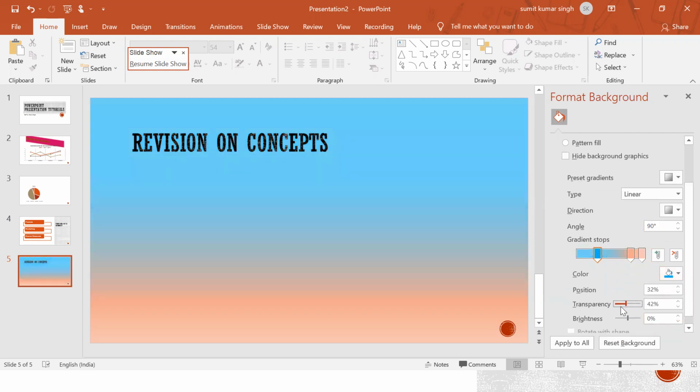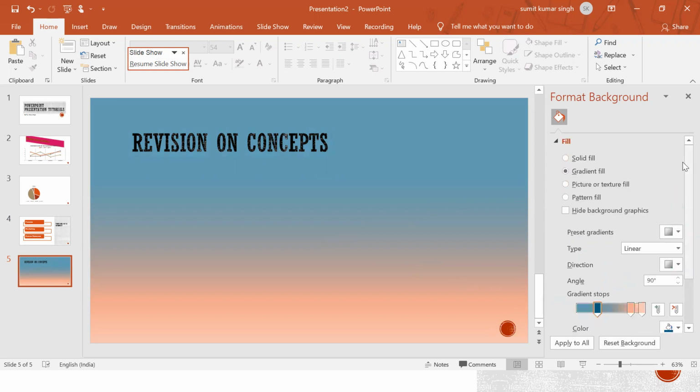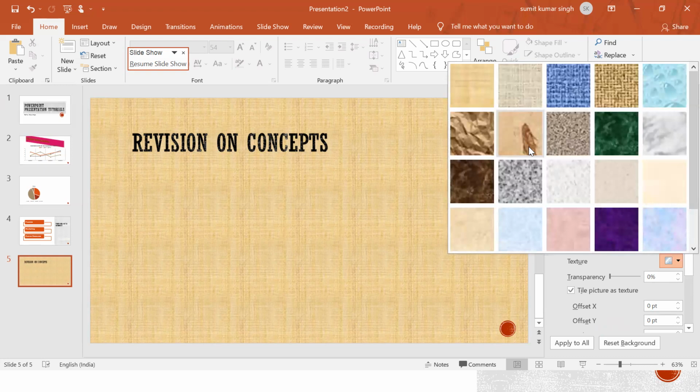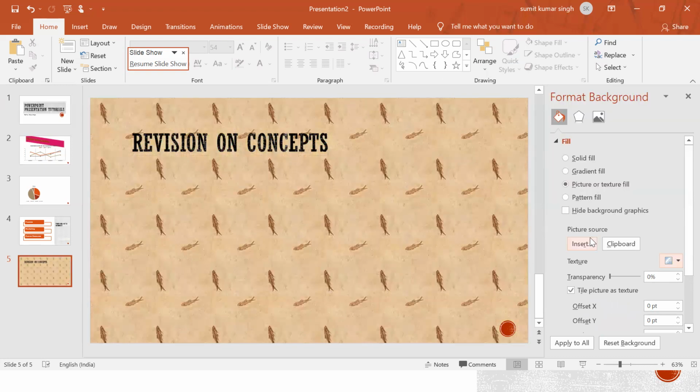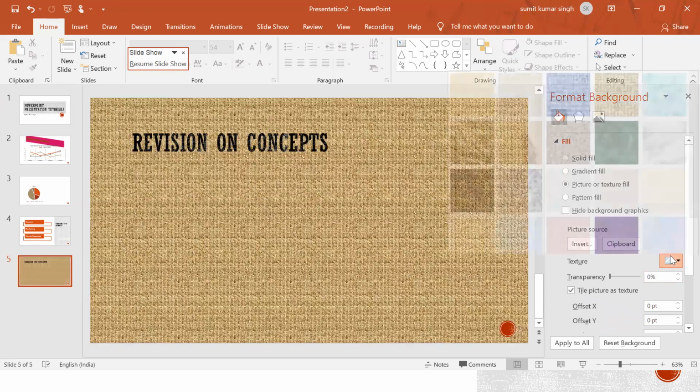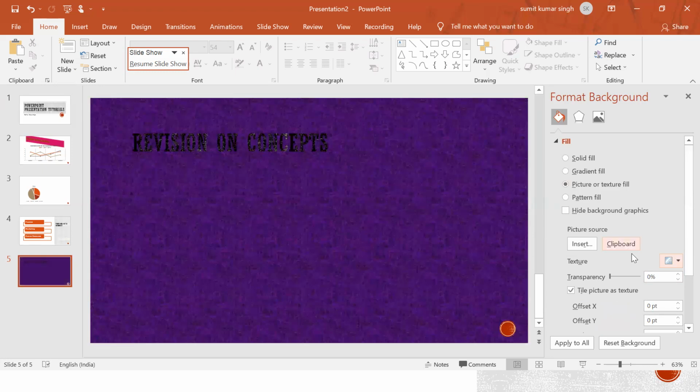Transparency. All this you can. These all are self-explanatory. Brightness. So you can like this. You can edit your slide pattern fill. So these all are self-explanatory. Solid fill, gradient, picture or texture fill. You can put pictures. You can put textures like this. A lot of textures are there. How you want your presentation background, you can do that.